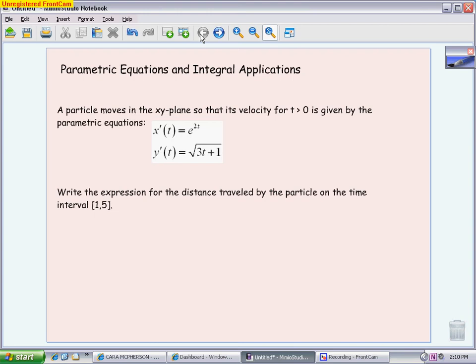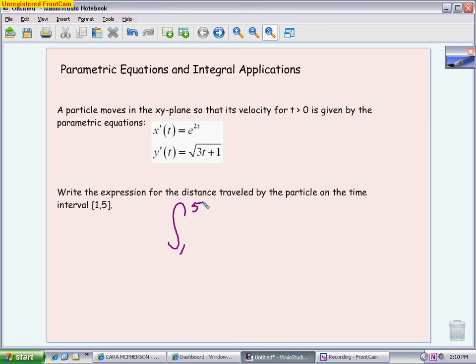So first one we have here is a particle motion. We have a particle motion where they already give you dx/dt and dy/dt. They're referring to you as it's the way we represent velocity because it's the derivative. And we want to write an expression for the distance traveled by the particle on the time interval of 1 to 5. And again, since it is particle motion, they would only be able to work with positive t values, a positive time interval. So our distance traveled is the integral from the starting t to the ending t, so